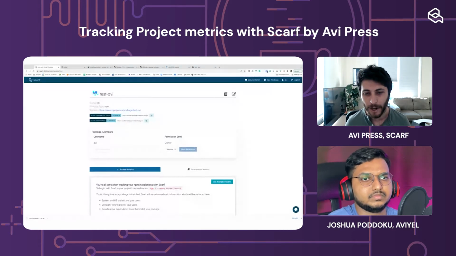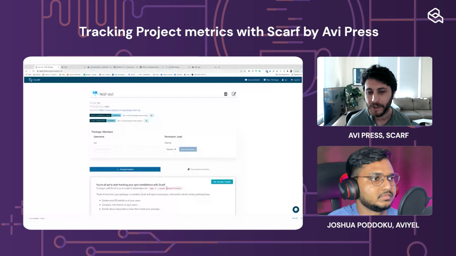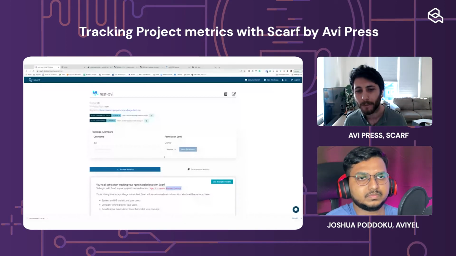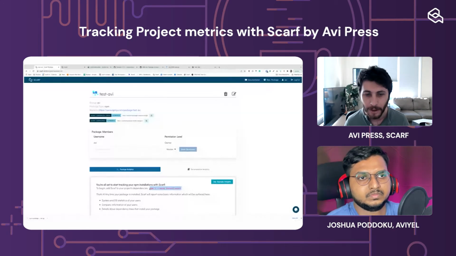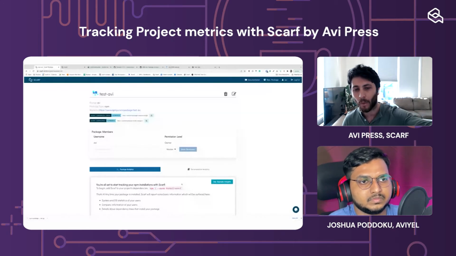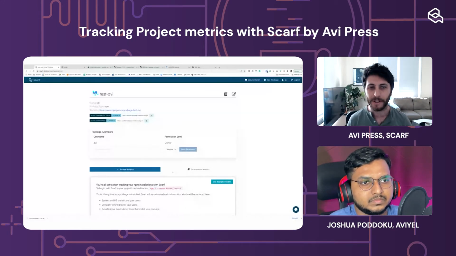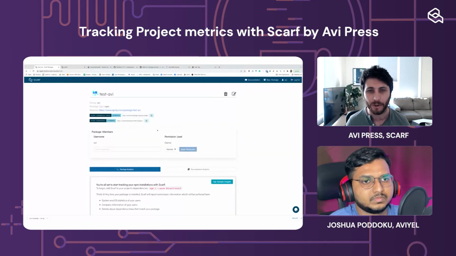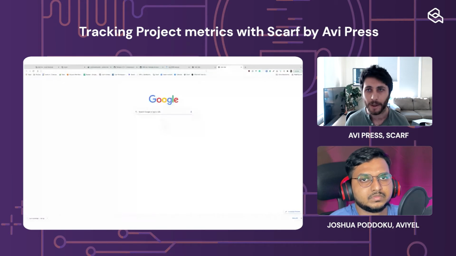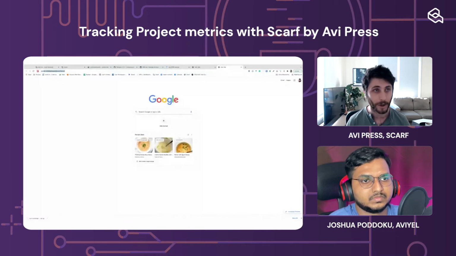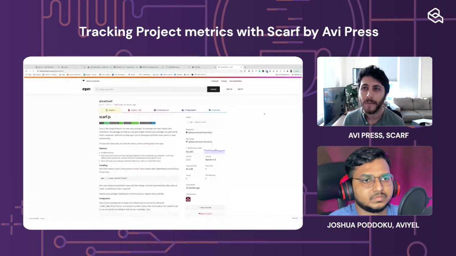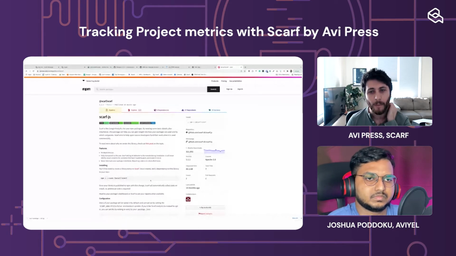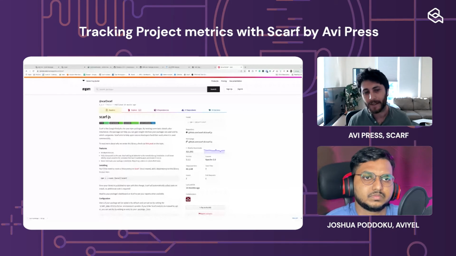The idea is that you can add this Scarf library as a dependency in your node library, and then anytime your npm package gets installed, it's going to fire off a post install hook to send those stats up to Scarf, and then we can visualize that. Let me just go to it really quick. npm scarf. This is the Scarf.js library, which is just another way to get at this data.